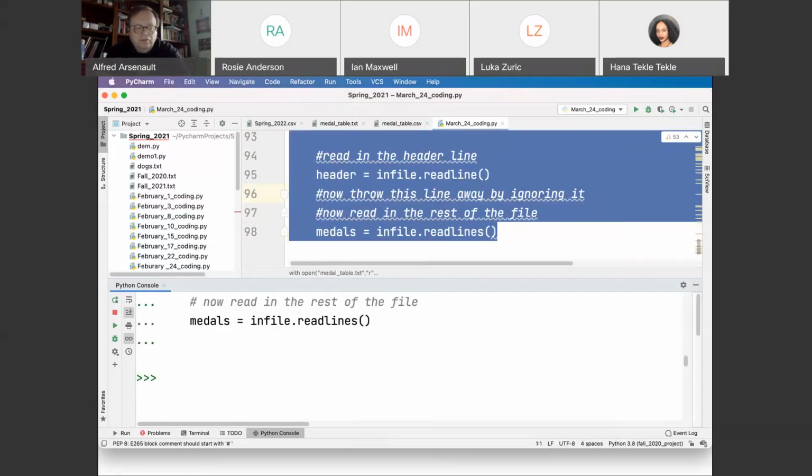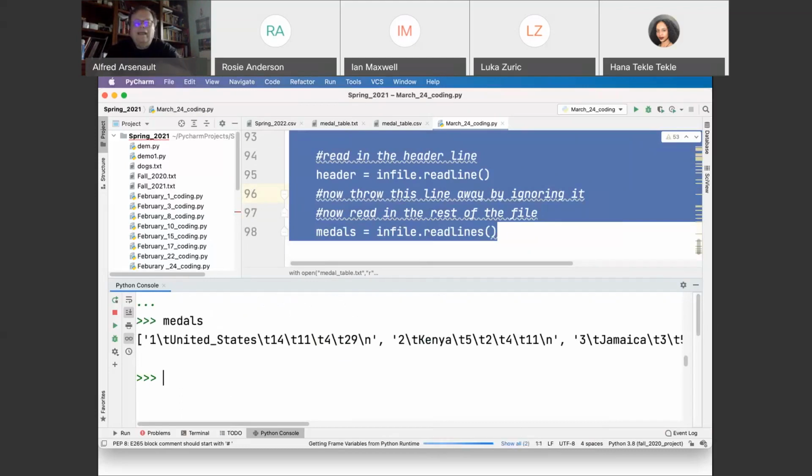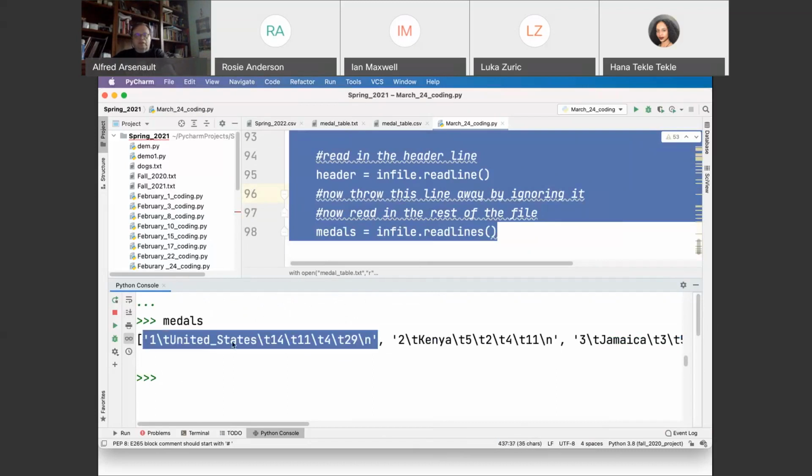Now let's look at metals. I have my data one row per line, I'm sorry, as a list of strings. Each row of my table is a separate entry in my list metals. And now to create the two-dimensional list, I just need to take this and